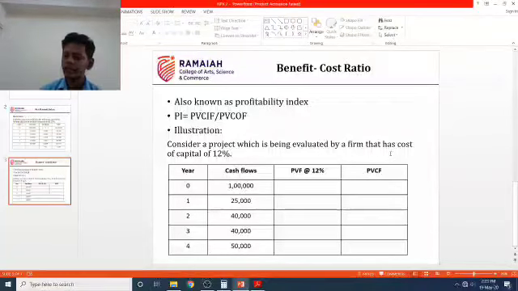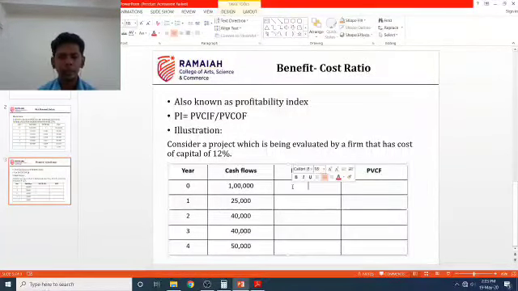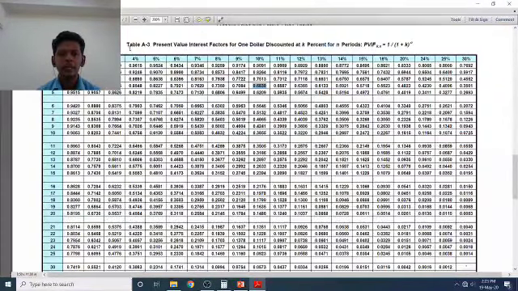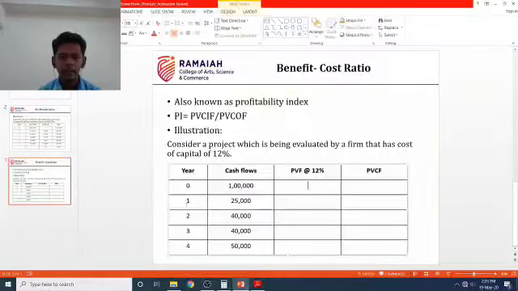Similar to yesterday's thing, we can calculate the present value factors using a calculator. But however, today I'll teach you how to look at a present value table and derive the present value factors. Same thing, you need to check the present value interest factor of $1 discounted at K percentage for N periods, right? Please be careful with the tables. You are checking the present value table, present value interest factor. What was the rate of interest? 12%. Go to 12%, and year 0, 1, 2, 3, 4.